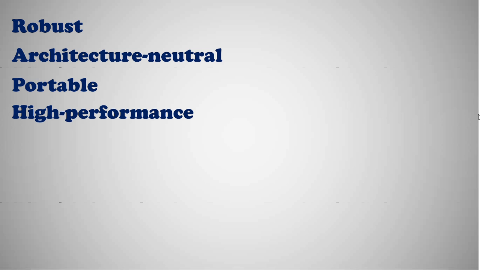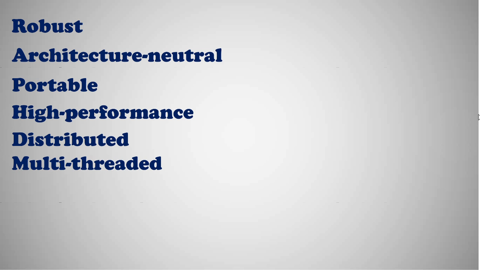Next thing is distributed. Java is distributed because it facilitates users to create distributed applications in Java. RMI and EJB are used for creating distributed applications. These features of Java make us able to access the features by calling the methods from any machine on the internet. Next feature is